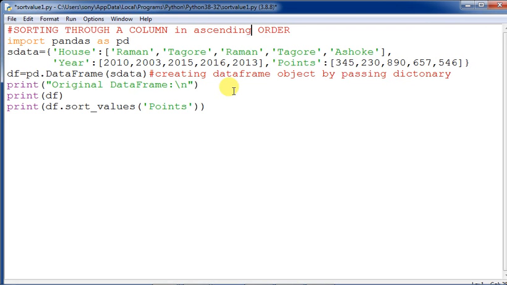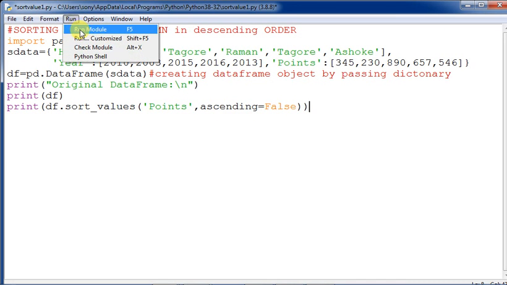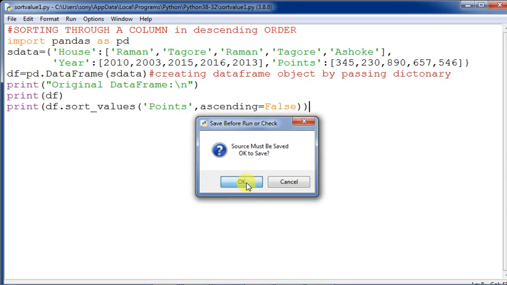So now if you want to do it in descending order, let us see the same program. We can do it in descending order. Only the order will be changed, the rest of the things stay the same. And then what you need to do is give one attribute out here, that is ascending equals to false. There is no separate function or method to sort in descending order. All right, that is the thing. So if you keep this key ascending false, in that case the data will be sorted in descending order. Fine. So now let us see how this takes place.